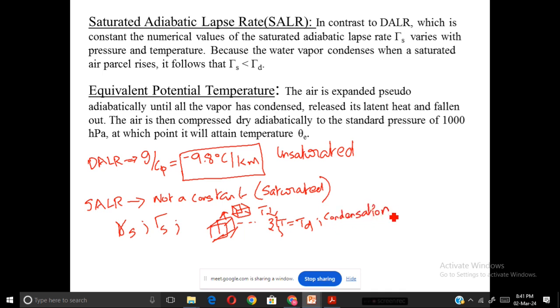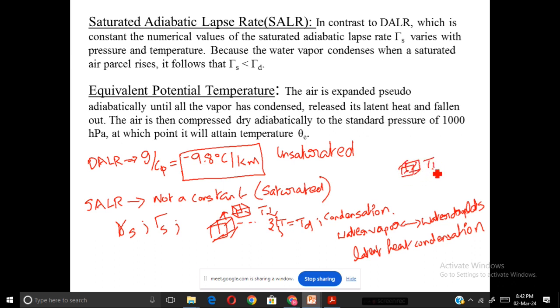So if we are rising a saturated air parcel further in the atmosphere, condensation starts to occur in the parcel. As condensation starts to occur, the water vapor present in the atmosphere will condense and form water droplets. And in this conversion, latent heat of condensation will be released. So even though the parcel is moving up in the atmosphere and the temperature is reducing, because the latent heat of condensation is being released,